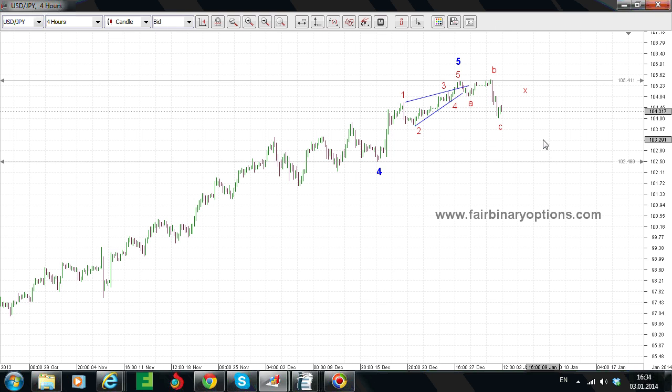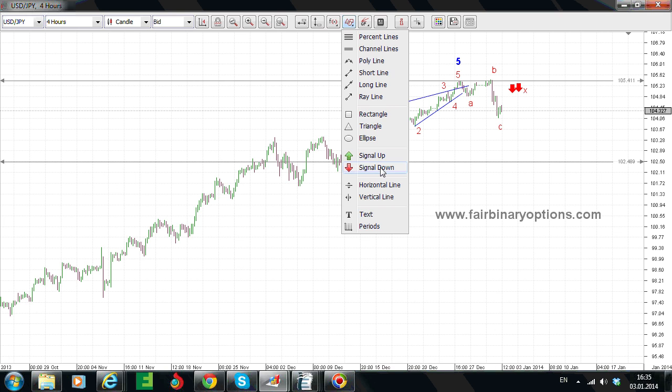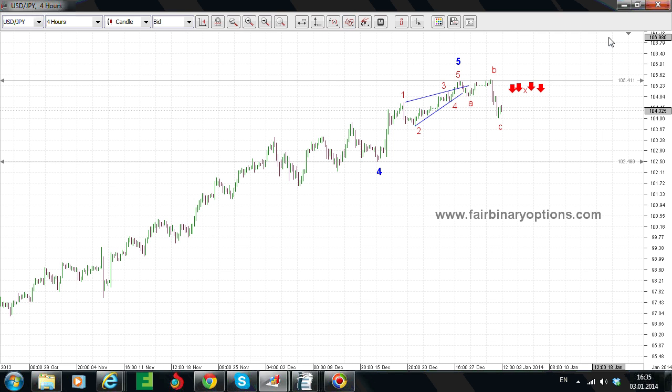If it comes today, this is Friday. If you look on the lower right of the screen, this is Friday, the 3rd of January. And if it comes today until the New York close, I will buy put options here, 104.90 area. I will buy put options with end of week expiration date. Okay, so end of week expiration date. That means even for today. If it comes next week on Monday or Tuesday or Wednesday, still end of week expiration date,